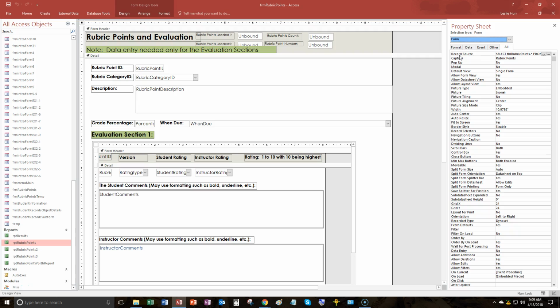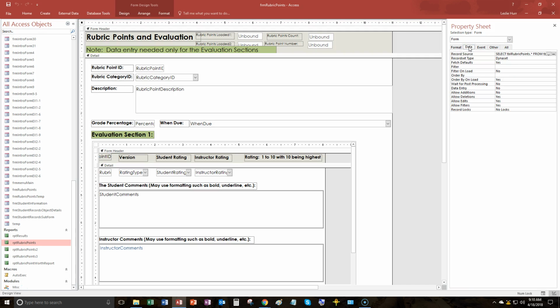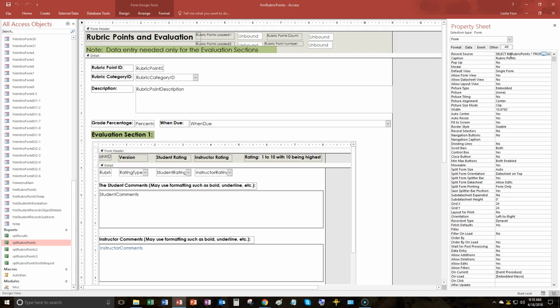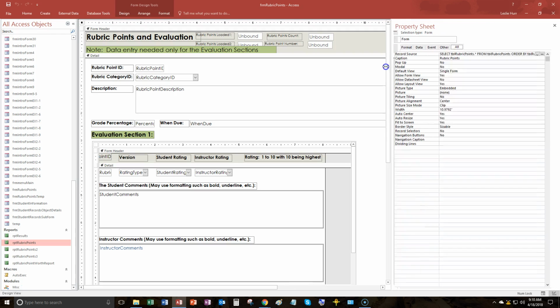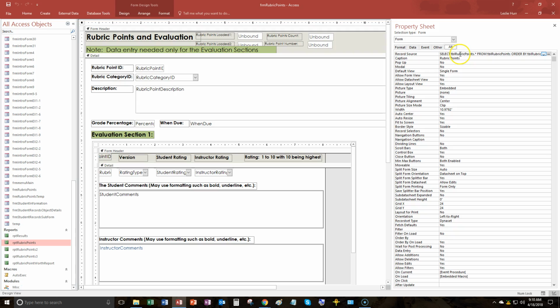Here is record source. The other thing I wanted to say is that you need to click on all, or you can click on data, either way. Anyway, so here's a record source. Now, in this particular example, there's already a select statement in here, but with record sources you could have no record source, which would mean that all these fields in here would not be mapped to anything in a table,